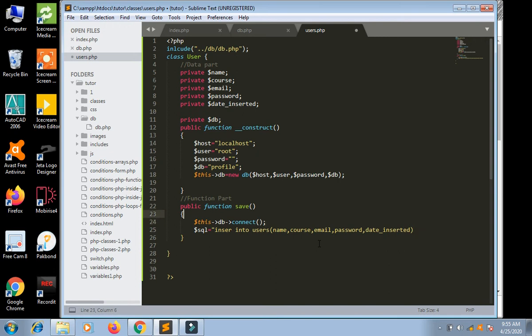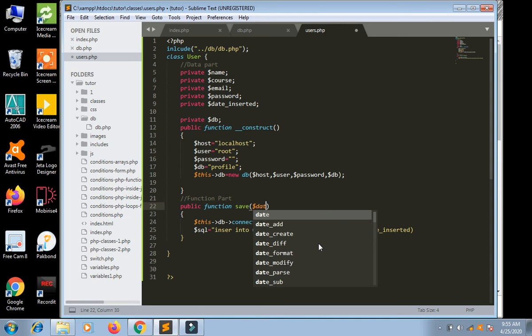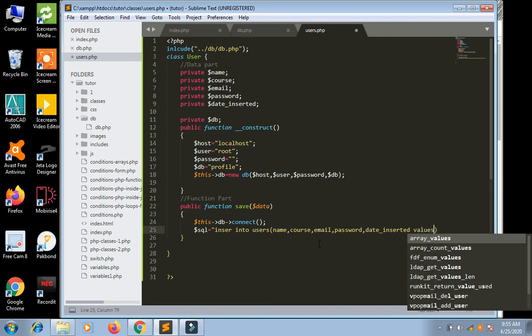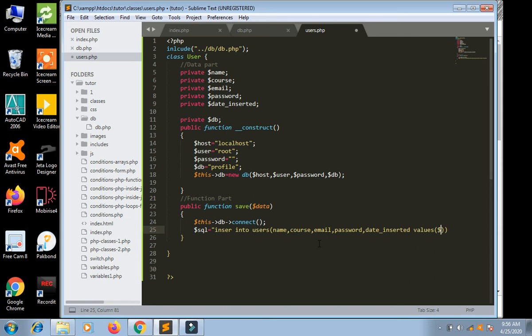And the values are in the save. We will have data, $data. We will format this data. Now we have values, date inserted, values, $data, and we should close this.